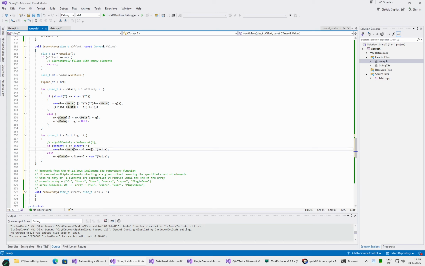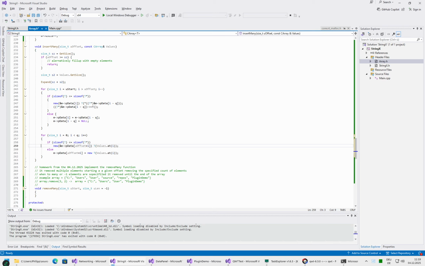Just instead of size of t, we are going with offset plus I. And the value is of course not just value, but it's from values at e. Oops, we want to use at, not the square bracket operator, although it would do the same thing. Values at I to offset plus I. That should be correct. And since we are not using append, but those operations here, we will need to manually